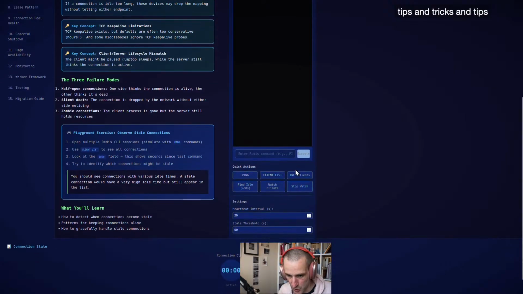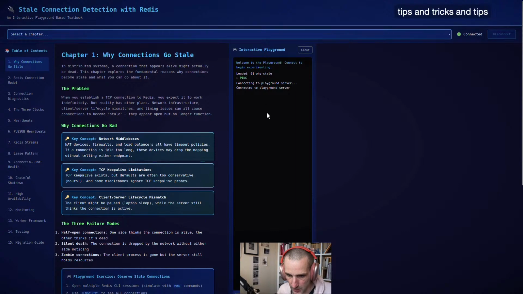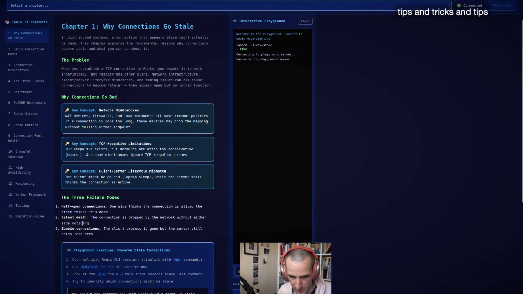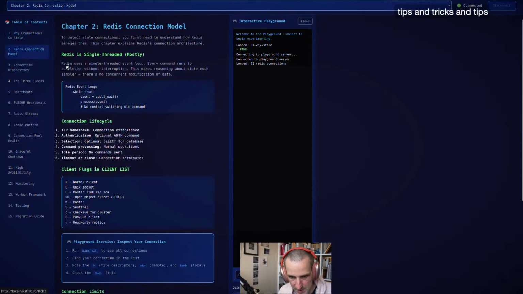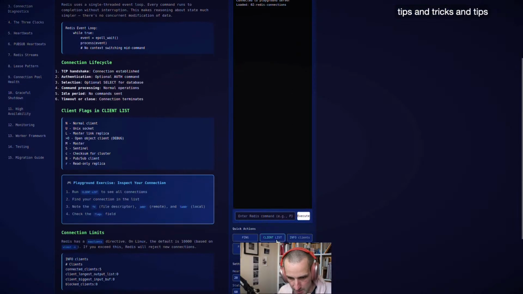So the first time you try out one of these playgrounds, usually there's a bunch of stuff you have to fix, like, oh, this is not working because it didn't test it. But let's see. Oh, so it leaves the widget over here. Run client list to see all connections. Find your connection in the list, but it doesn't show the list, right?